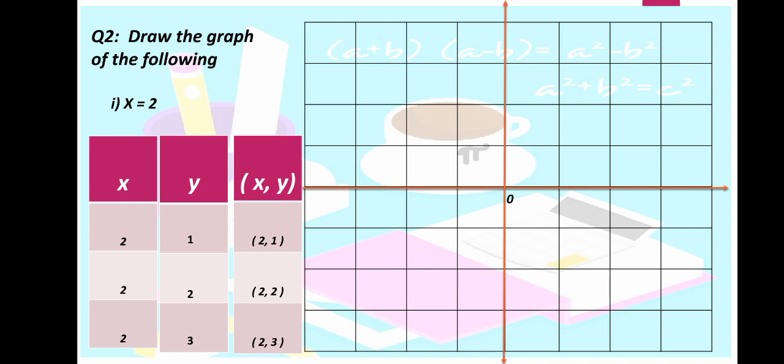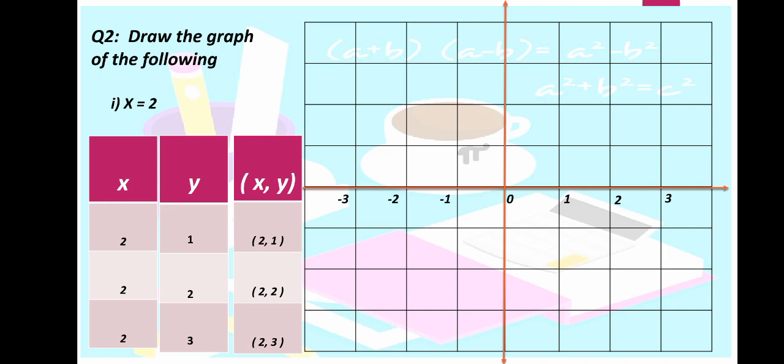Now for plotting the graph we have to see the values of x and y. We will first see the column of x. Here the values are till 2, so it means we have to take the values till 2 or more than 2, and the difference of the numbers on the x-axis and y-axis must be the same. So here the values are 1, 2 and 3. You can see the difference between 0, 1, 2 and 3 is the same, that is 1. So on the negative axis we will show -1, -2 and -3.